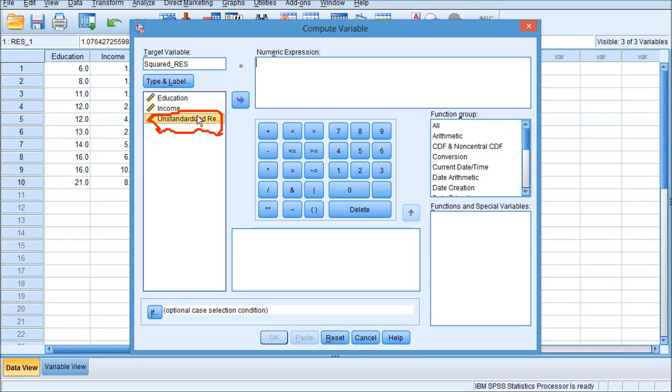Click this variable and move that variable into this box. Okay, we are trying to get squared residual. So I'm gonna put times here to multiply one more of this variable again. Residual times residual is squared residual, right?